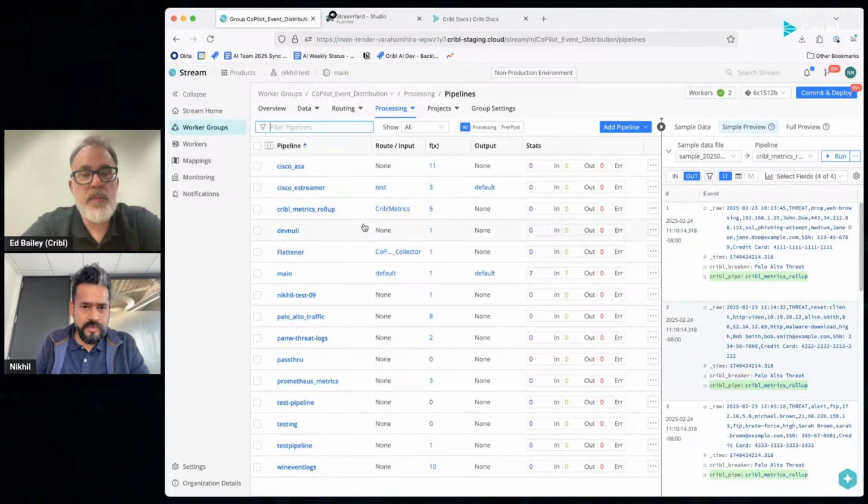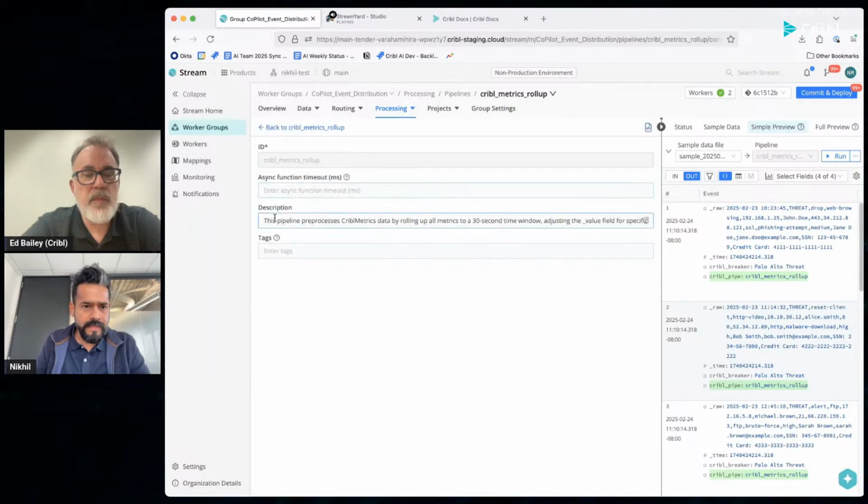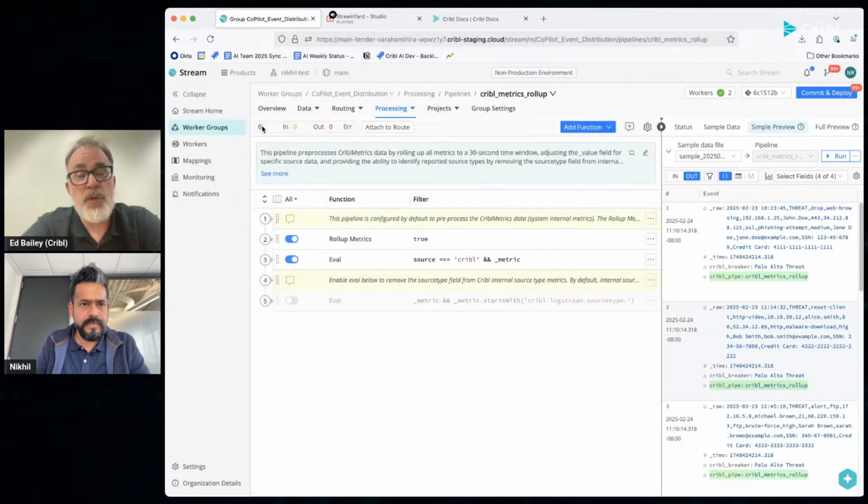And if you go into the pipeline again, we'll just save the pipeline description here. And you can obviously edit the description if you want to add more details to it. Very cool. So could I use Copilot to check my pipeline configs for whether it's well written? Is it efficient?